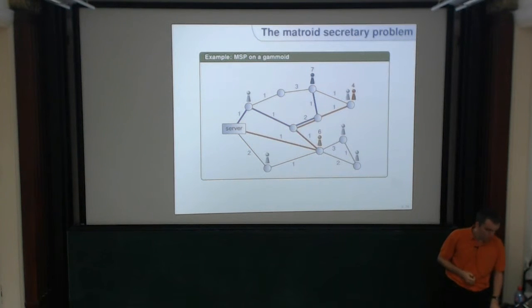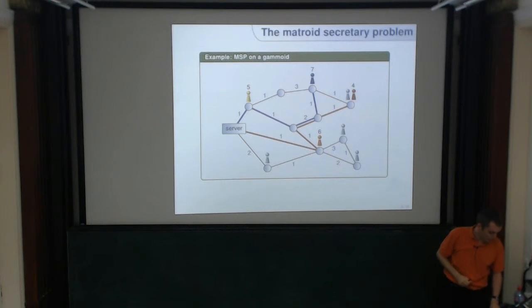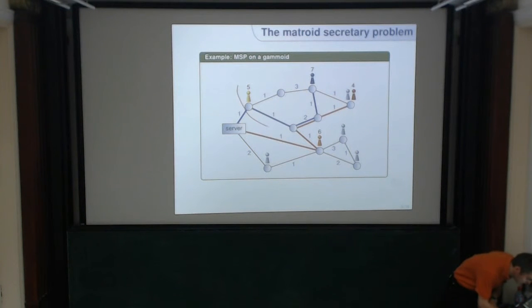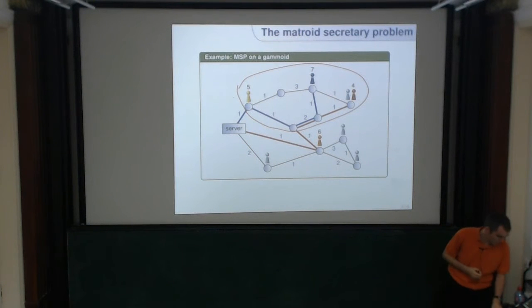Maybe the next one comes. Maybe I don't want to connect. I could connect that one, but maybe I don't want to do that because I hope that there will be higher weight further to the right. So let's just reject this client. The number 5 in yellow, this one I cannot connect because there's a cut here, you see, that contains 4 clients. I already accepted 2 of them, but the edges crossing the cut have a total capacity of 2. So I cannot connect more than 2 clients. I already accepted 2, so I have to reject that client.